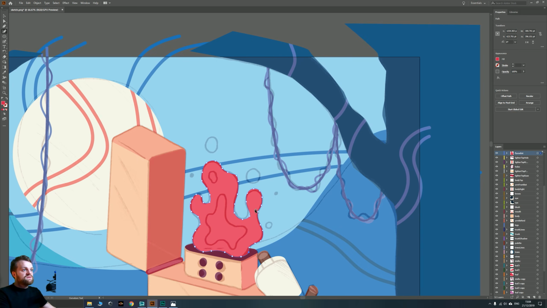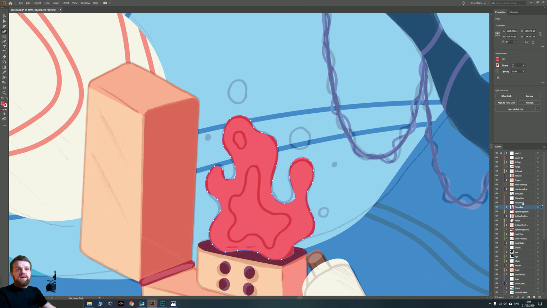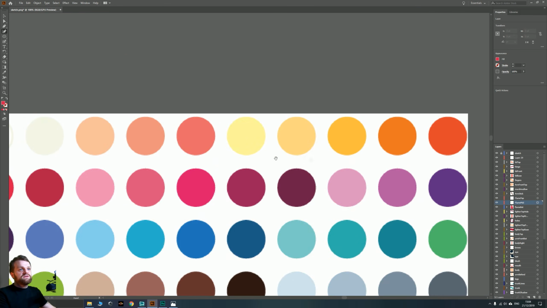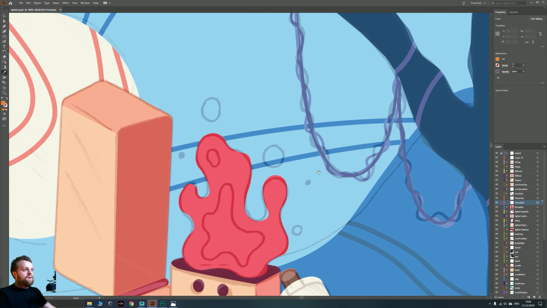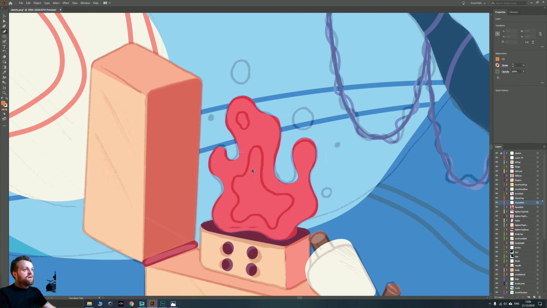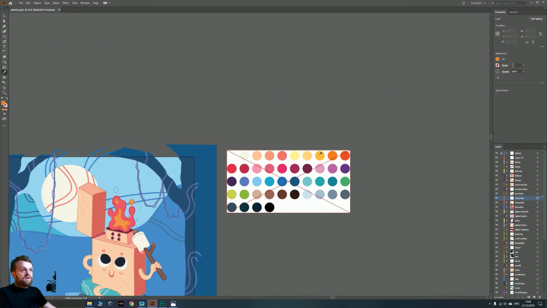There we go. There is our base color. Flame mid. We'll make this nice toasty orange. And we'll do this shape here. And we'll also do a couple of these little circly bits. Some of the bigger ones. That's pretty good. And then flame top, we will do in this bright yellow color